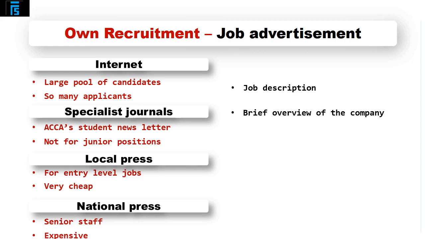Obviously, the salary is going to be important. For some people, that will be perhaps the main reason why they'll even consider a job. But even if salary is not that important to a person, you still need to give them a vague idea of what it's going to be.